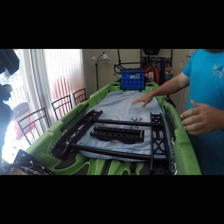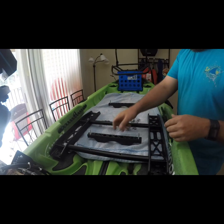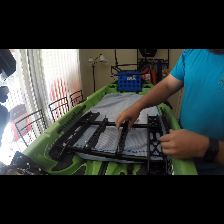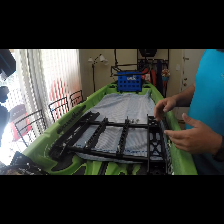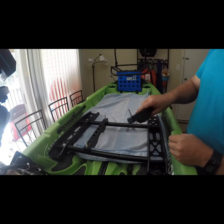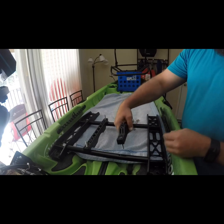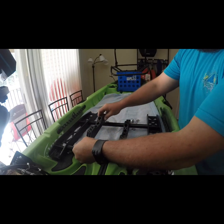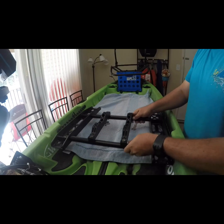Alright, and I laid the towel down so maybe it won't be banging around as much. Alright, so the original Nucanoe brackets sit in here just like this. So what I did is I took them off. That's those 2-inch Phillips head stainless steel bolts. And you flip them over, and it doesn't really change anything on this part as far as the height, but what it does allow you to do, let's get this back,